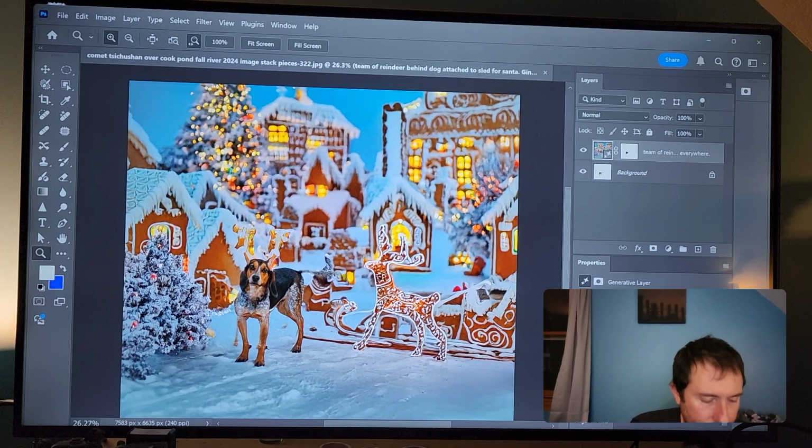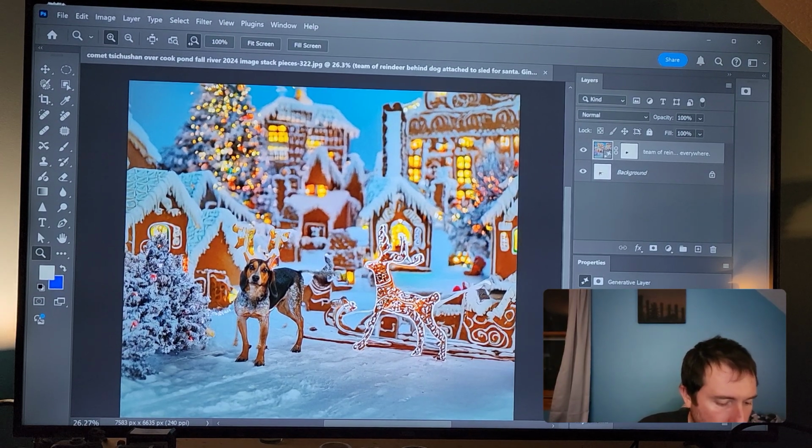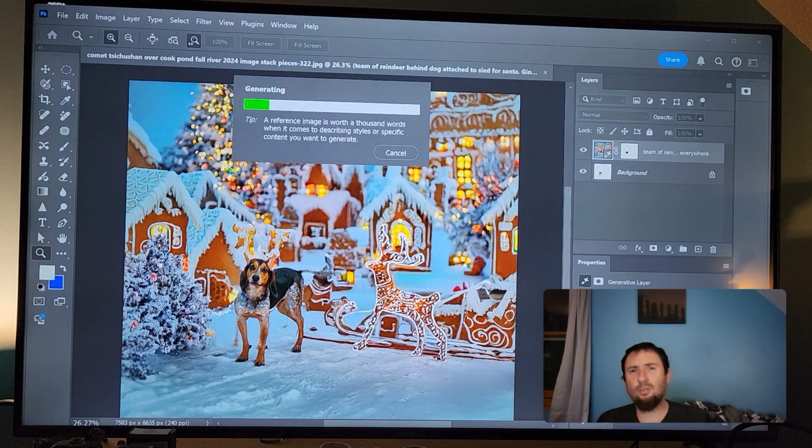Let's flying through the sky at night, glowing nose on the dog. See if we can do a little Nightmare Before Christmas ripoff. Let's see what we can pull off here.